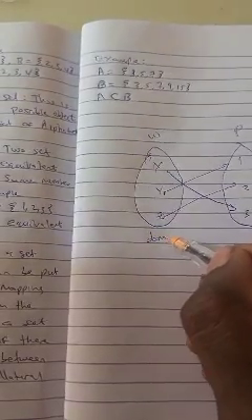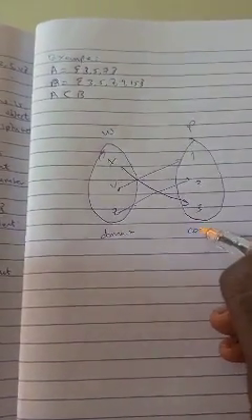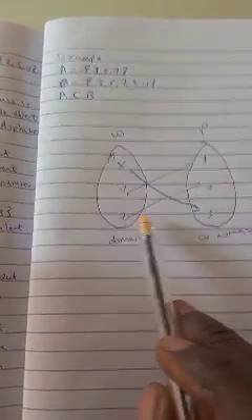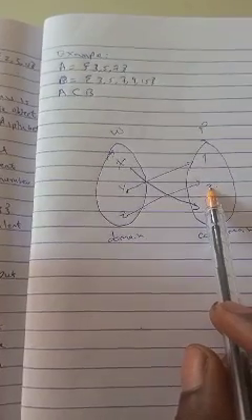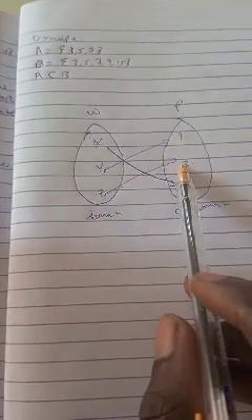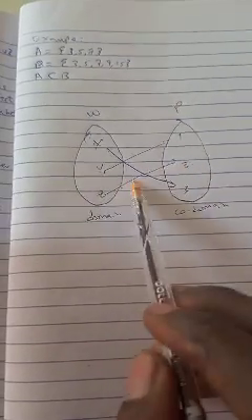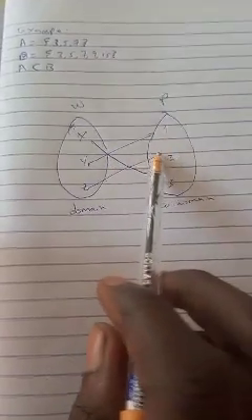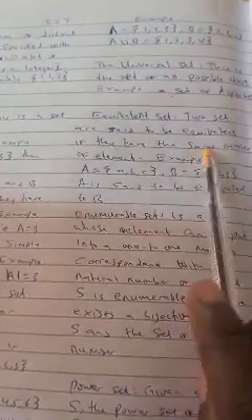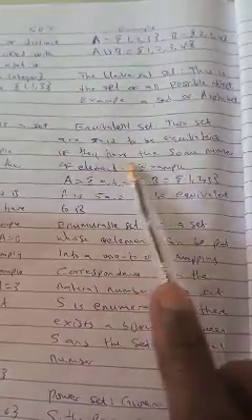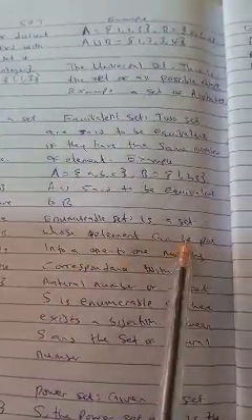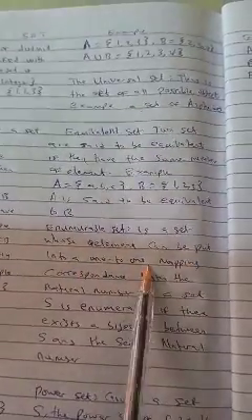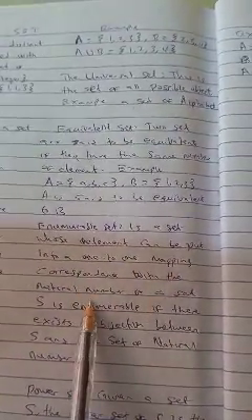We call this one the domain and this one the codomain. If an element in the domain maps to just one element in the codomain, we call it a one-to-one mapping. Do you understand? We also call it bijection. It's either one-to-one mapping or bijection. So we are now saying that sets are equivalent if they have the same number of elements. A set whose elements can be put into one-to-one correspondence with the natural numbers